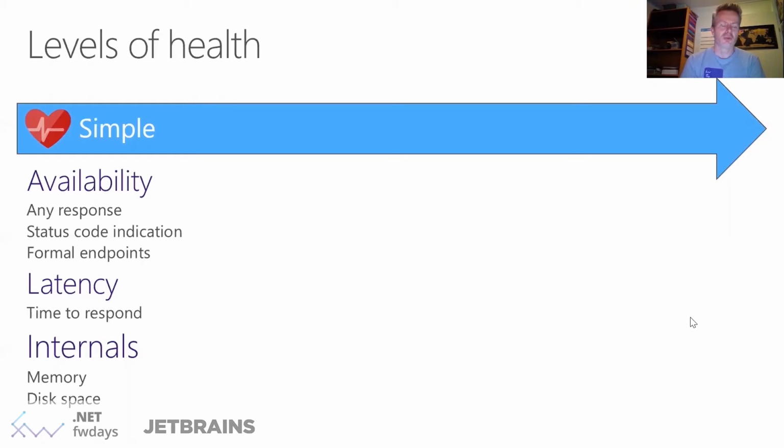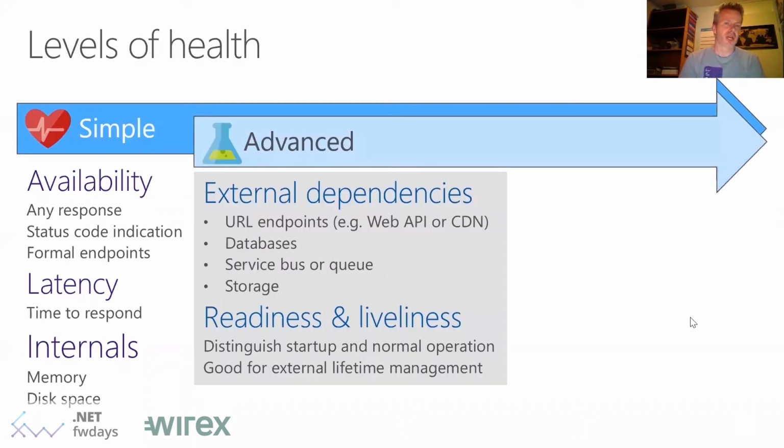You can go to a special endpoint, for example, a relative endpoint called /health, and that would give you the information. It could be the time to respond, could be also telling something about whether you're struggling or are being healthy. And it could also be based on some internals where you monitor disk space or memory to make some statement about your health. Once you have that in place, or if you want to go a bit more advanced,